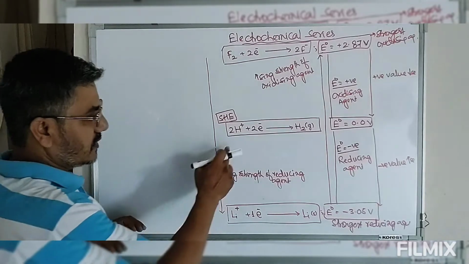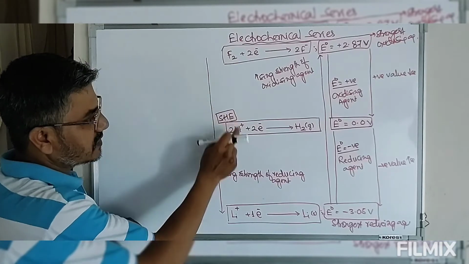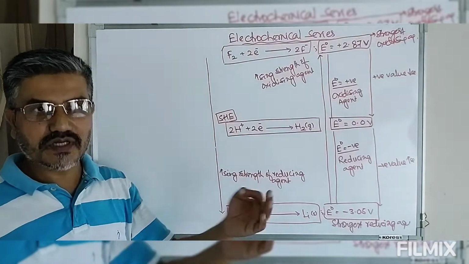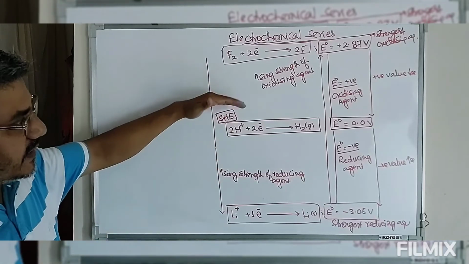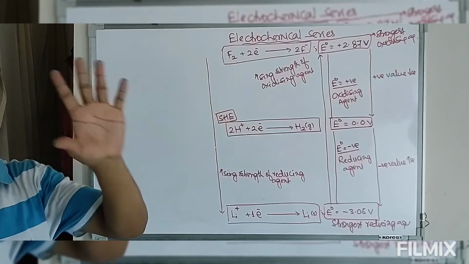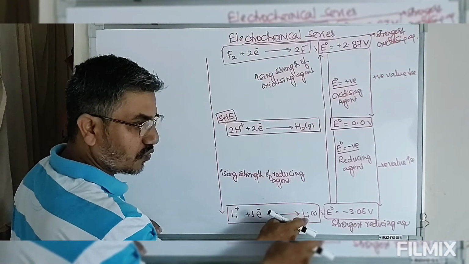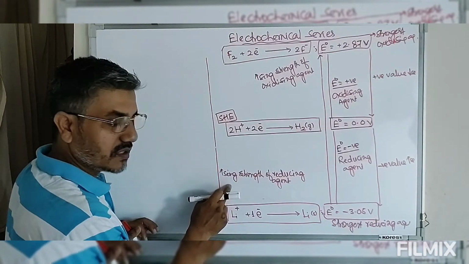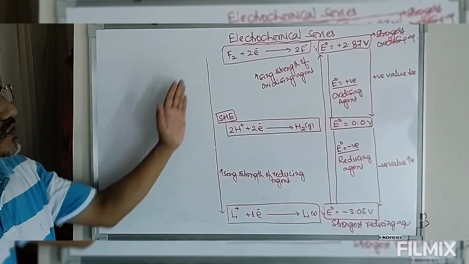Now look at this: these electrodes will displace H plus ion from solution, whereas these electrodes cannot. Depending on this, we can easily identify which one will displace the other in a reaction. Similarly, the electrode below will always displace the electrode above from its solution. Here, below hydrogen we have lithium, so lithium will displace H plus ion. The lower electrode can displace the ions of the upper electrode from solution. This is the beauty of this electrochemical series.